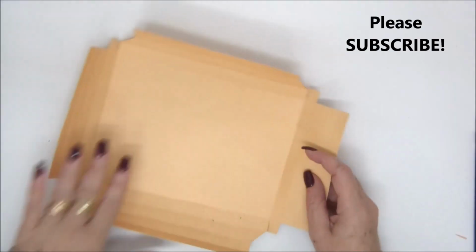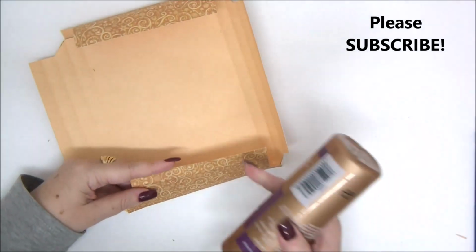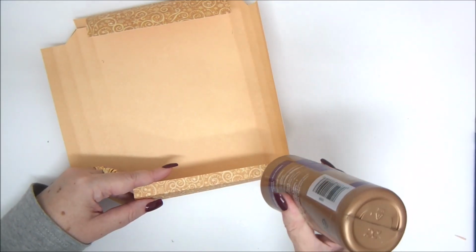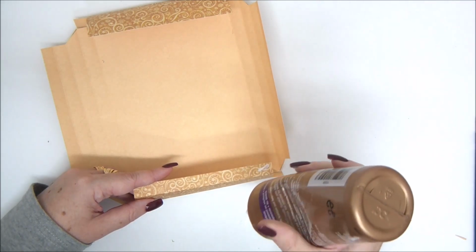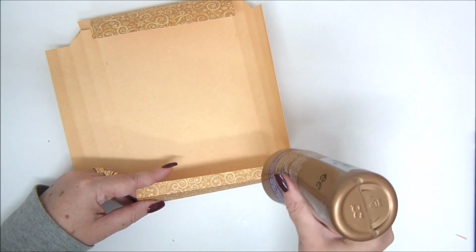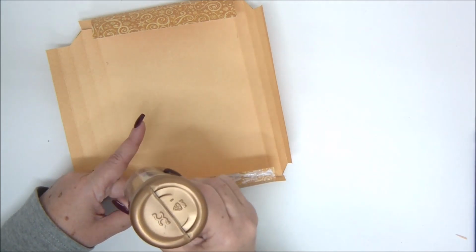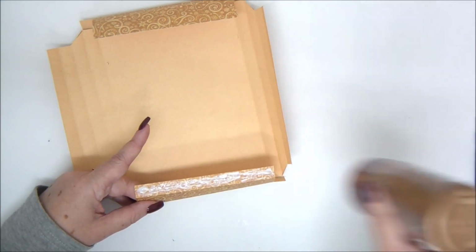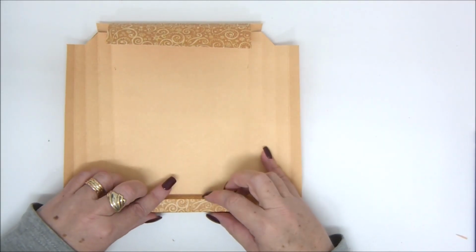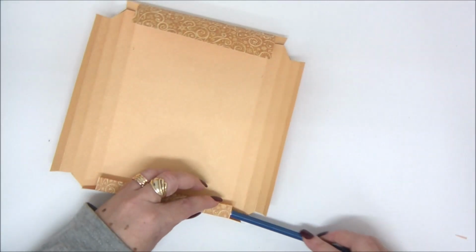So now we're going to start making the frame. We're going to start with the short sides. Apply glue on the last tab, on the last fold, all over the fold like this, between the edge and the score line. Just apply glue. You can do it with a double-sided tape or liquid glue, whatever you like, and then you roll it, you fold it into a square tube and attach it to the bottom